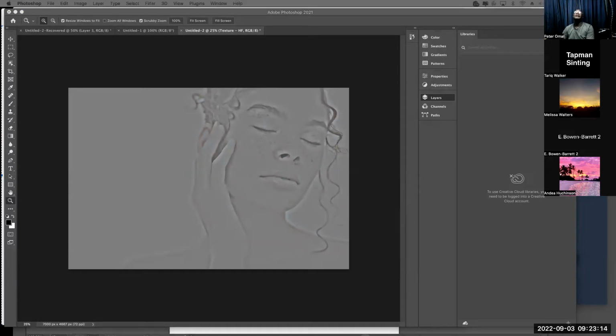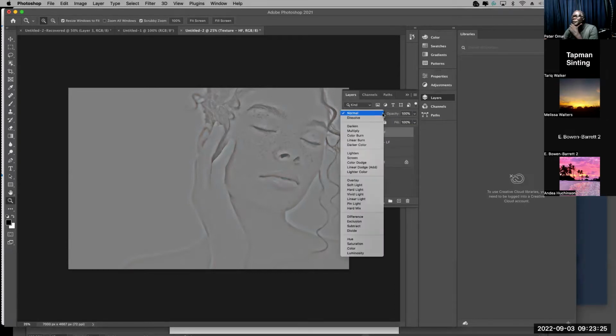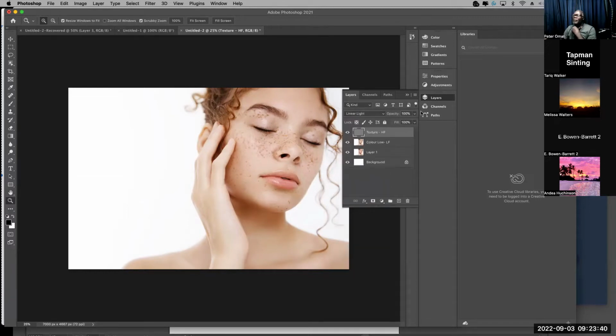And then under the layer menu, we are going to select the blend mode to linear light. We select linear light. Okay, now from the linear light,